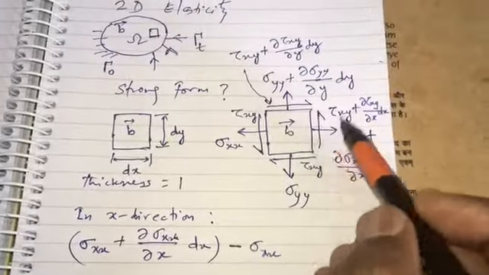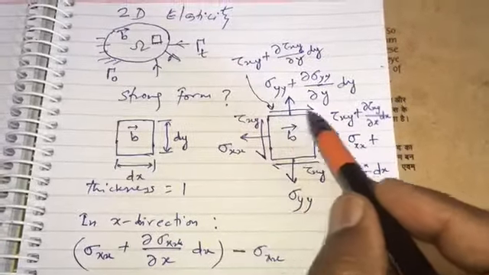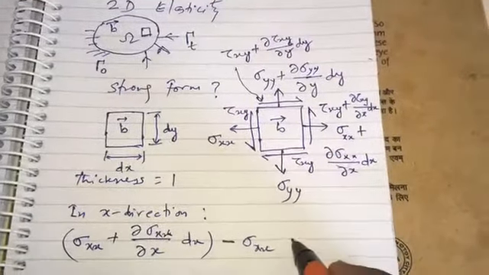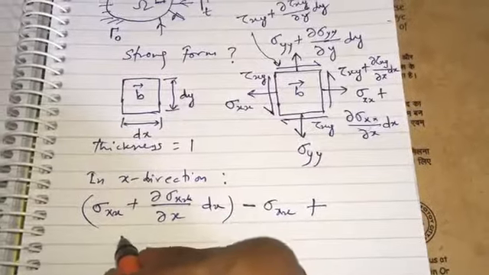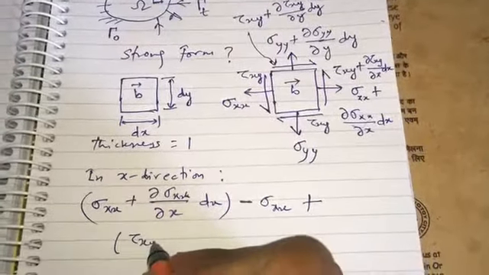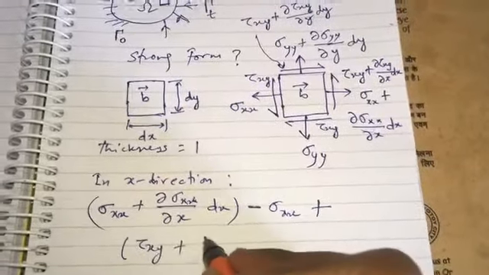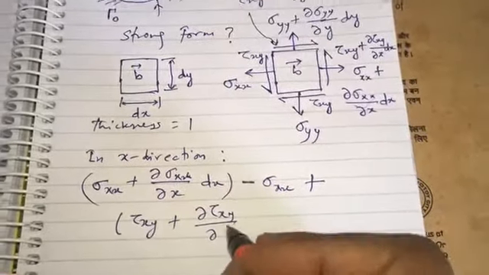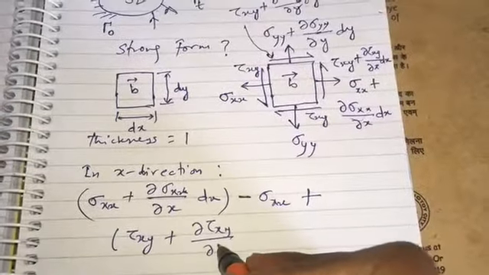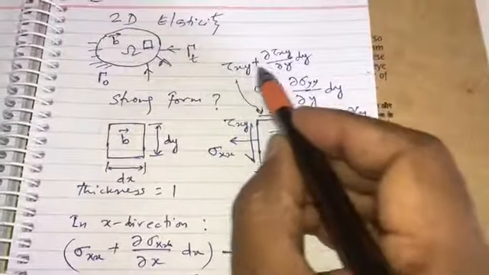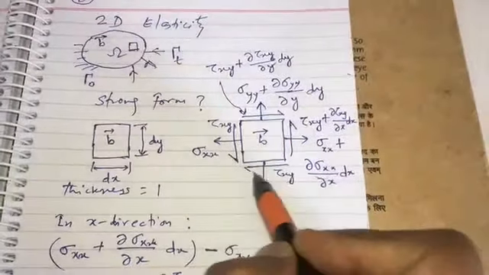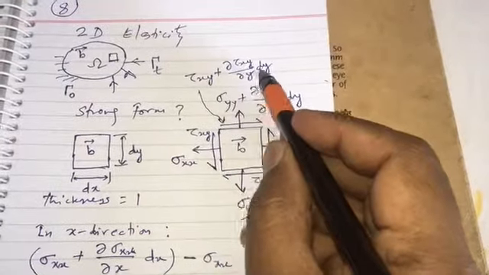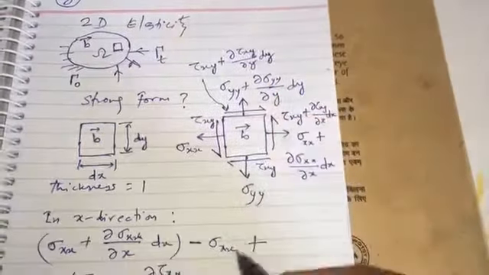Then this is also in x direction, tau xy here, so we write plus tau xy plus del tau xy over del y times dy